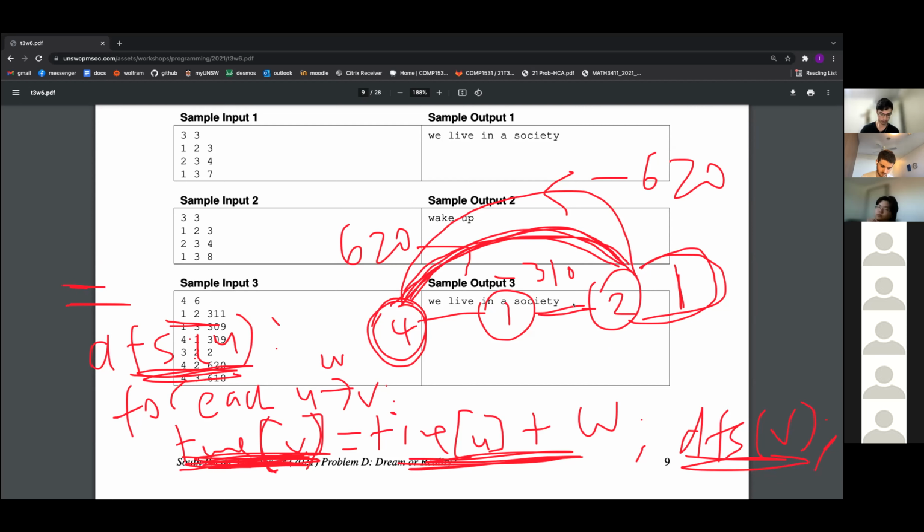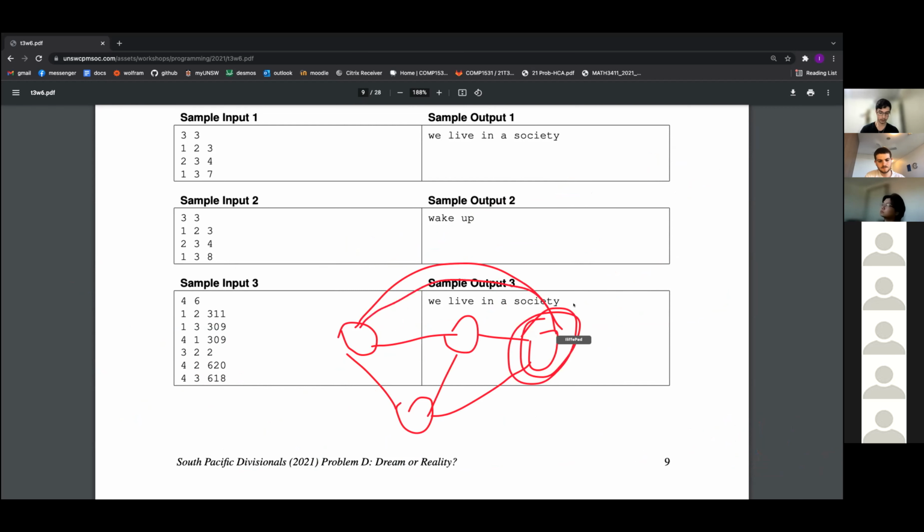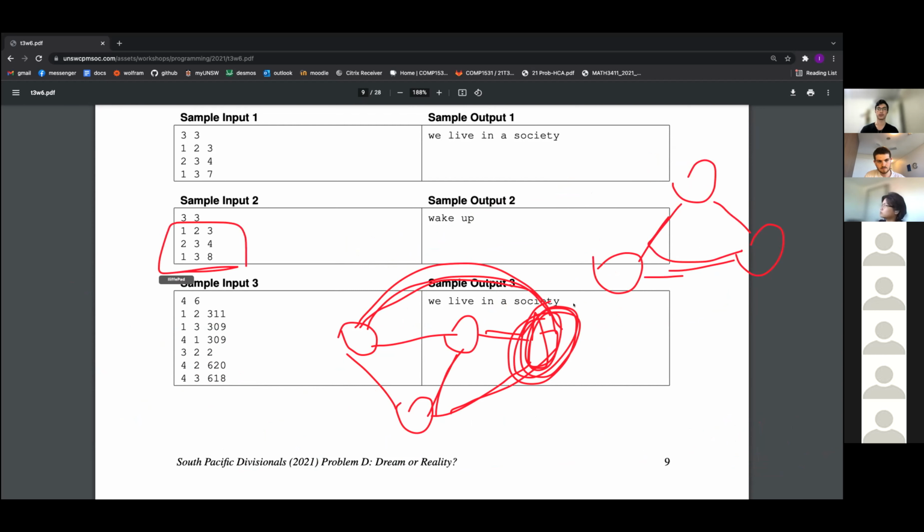So I'll just clear this. We dealt with a case where there was a bunch of stuff, and our solution was to start at some node and then search from it. So allocate this one randomly, search from it, and make sure we don't hit any contradictions. But there could be some other blob of stuff which we haven't searched, and there might be a contradiction there that we never saw. So we just make sure we DFS from every single component in the graph. An easy way to do that is a for loop over every single node, and DFS it if we haven't DFS'd it. That way we'll reach every single node and check every possible edge for a contradiction.